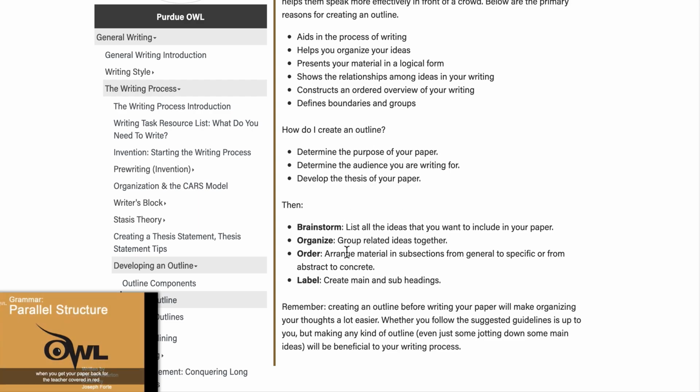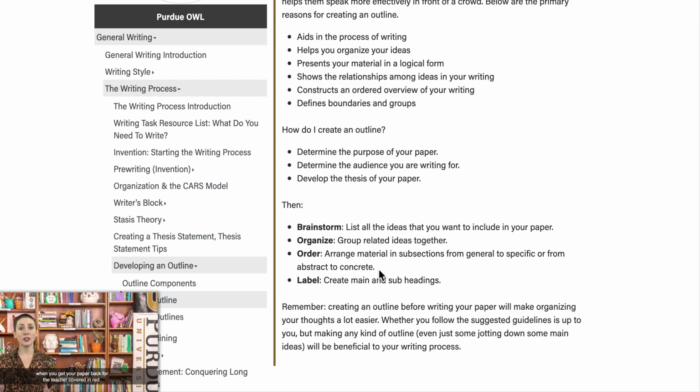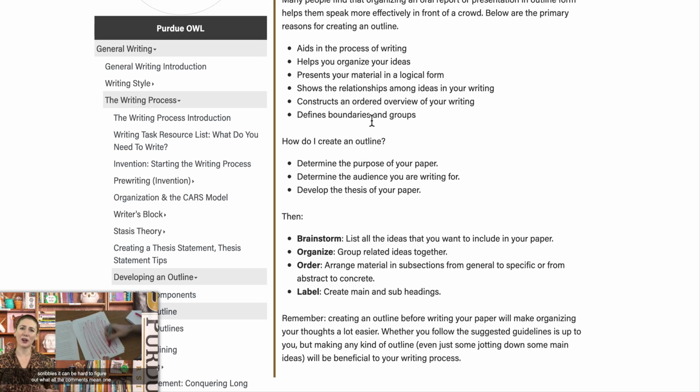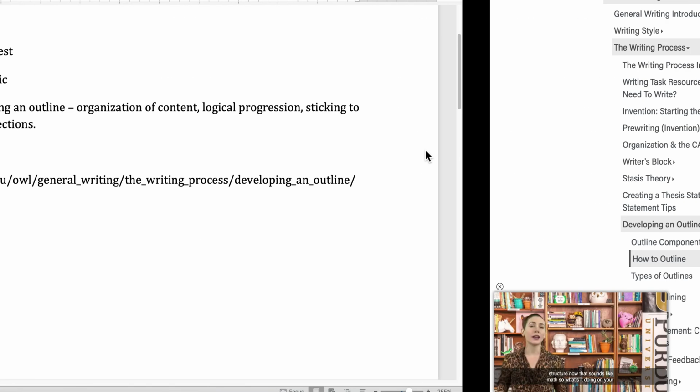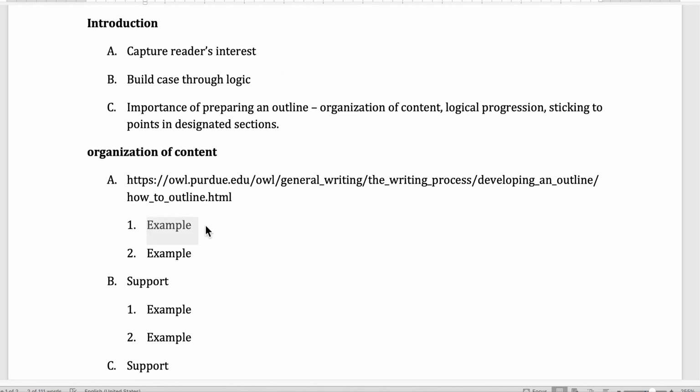So if you take the time, I can speak outside of looking at this, because we're creating an outline now and it's telling you how to do it: purpose of your paper, the audience, and your thesis, which we're developing. But we can do here purpose, and even maybe